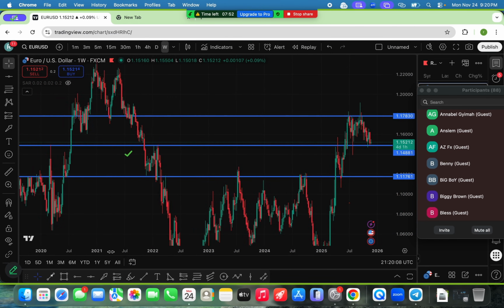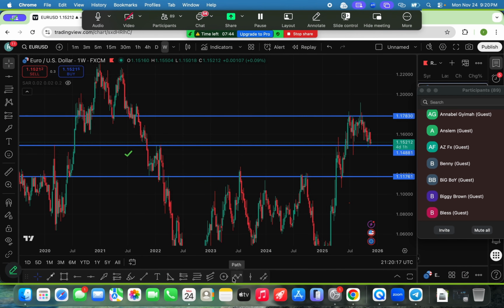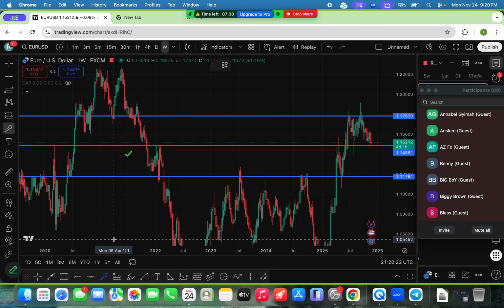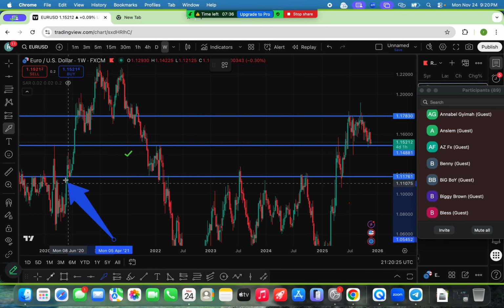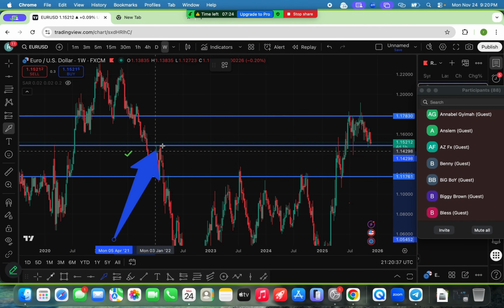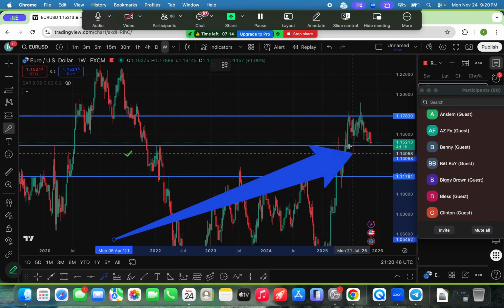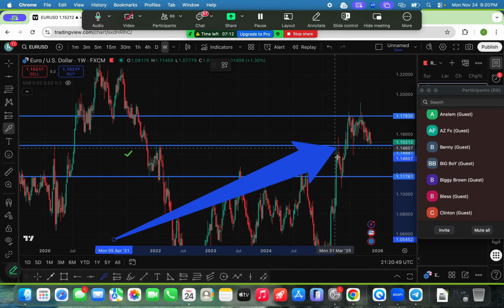Now let's go into the second level. Let me use a smaller one. Good. So with this second level, you can see when price got here, you can see the sell we had, right? Then here we got price breaking the level. We had a retest before price sold, right? And then a touch here, a touch here. Now price came back to this level, and now you can see the sell on the same level.